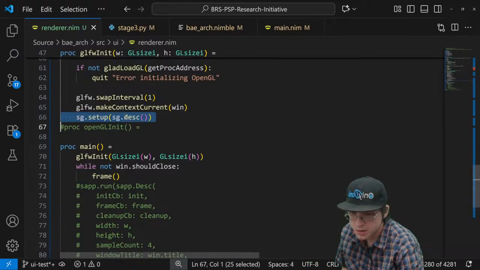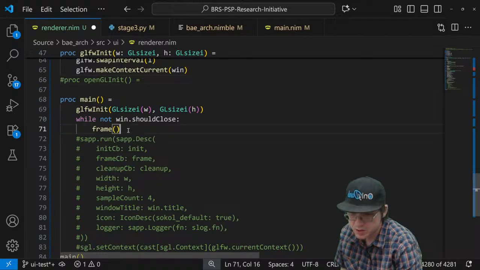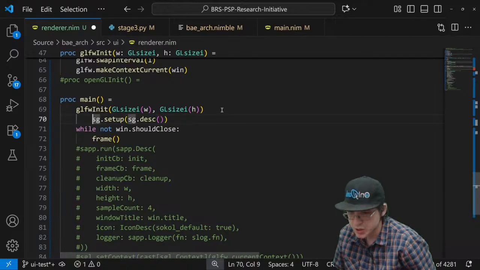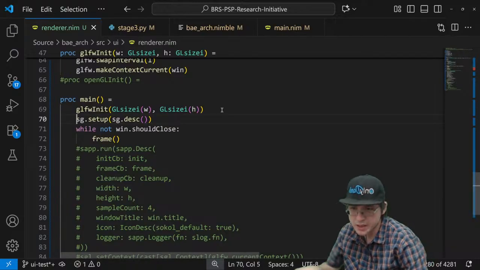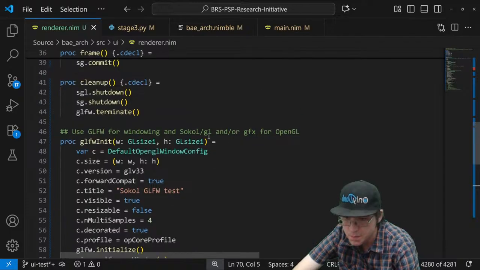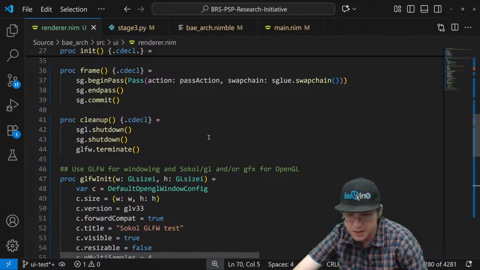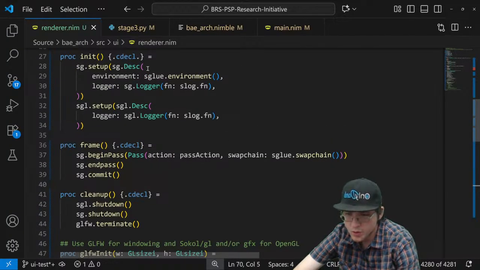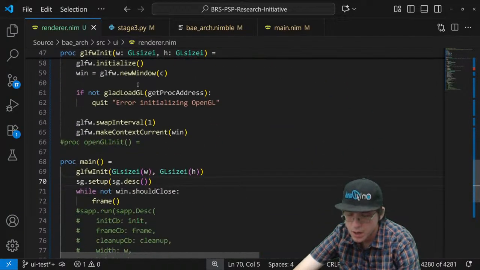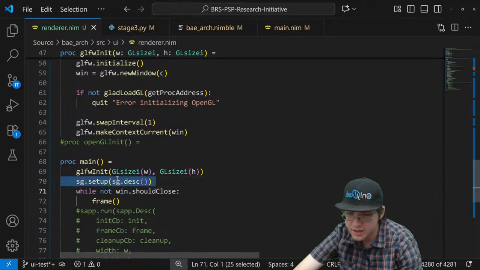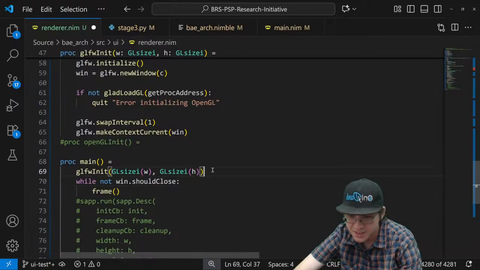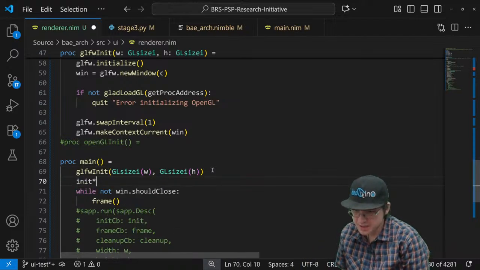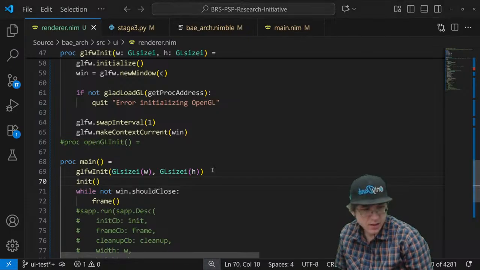Actually, I bet that's what's going on here. I bet because I didn't initialize SG, that's why it wasn't working like I wanted it to. But yeah, I may not need SGL at all. Oh wait, I've already got stuff right here. Oh, hold on. Whoops, I forgot to set up an end here. Bet that's why it's crashing on me.